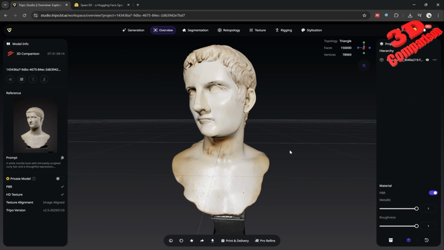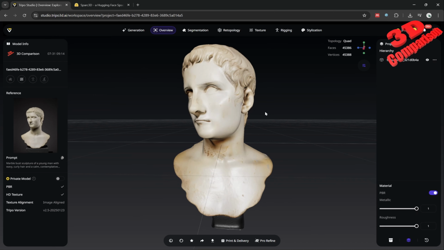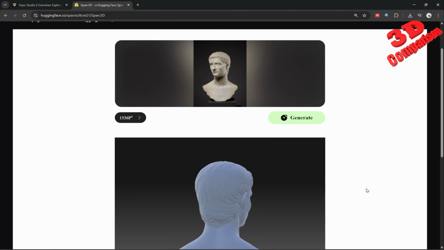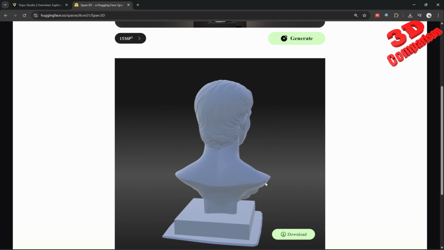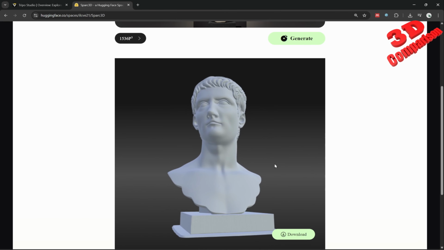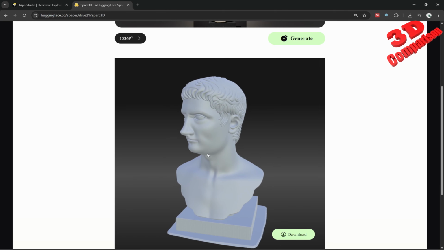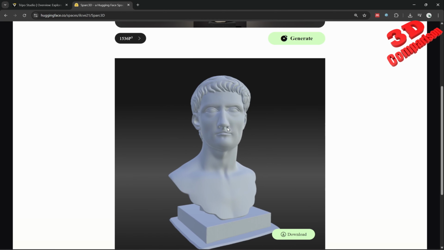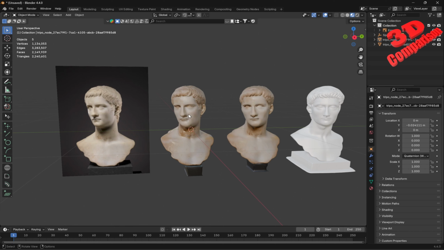So 2.5 in both cases, but one was set to generate triangles and the other one was set to generate quads. And this will be the output model from Sparc3D. As we can see, the bottom pedestal is a lot better defined, and overall over here the shape is also really nice. One thing that we can do is transfer texture generated from Tripo and bake it onto this model,